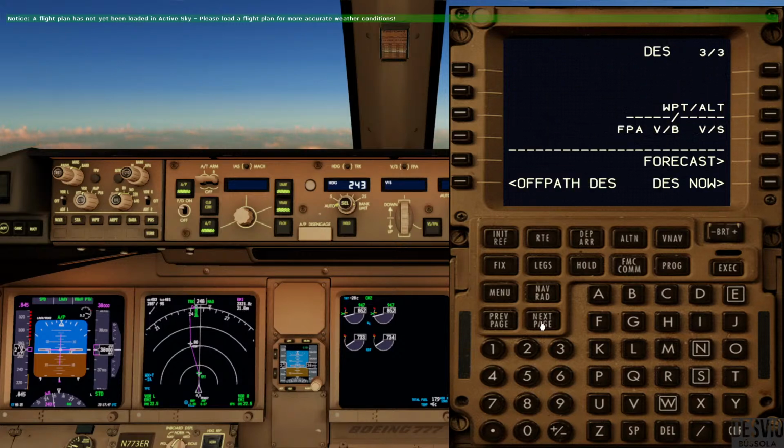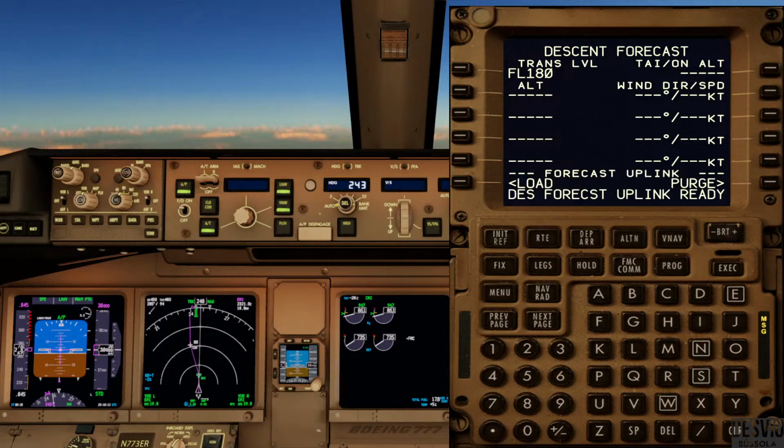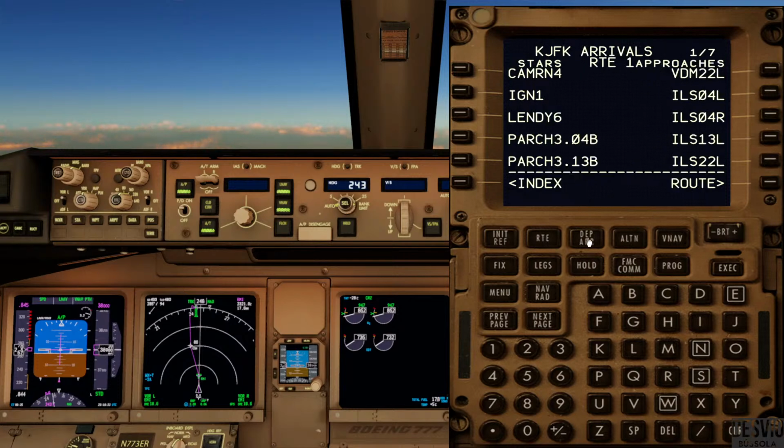And also on the descent forecast, we can request descent forecast. So we are going to receive some winds for the descent. While the winds are coming, I'm taking the Atlanta charts, and we are going most probably to find the Aussie 1 RNAV. Okay, now we have the descent forecast, so we load the winds for the descent. Here we have, okay, and we are going to prepare for our descent. So we are going to fly Aussie 1 arrival and ILS